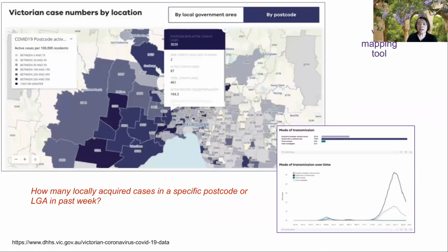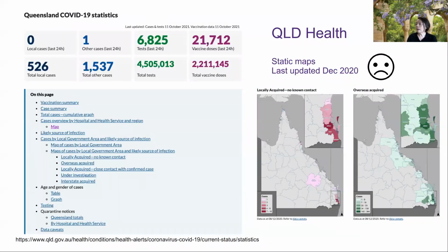So each individual state also has their own website. They're all structured differently. They show information differently. So in Victoria, they do have a mapping tool, but a lot of this information here, like total COVID cases in the whole entire, I think this is a postcode for the whole entire outbreak, is not really very useful, and I can't stratify this over time. And I do have a graph of cases over time, but then this is not stratified over space. So it's still quite limited.